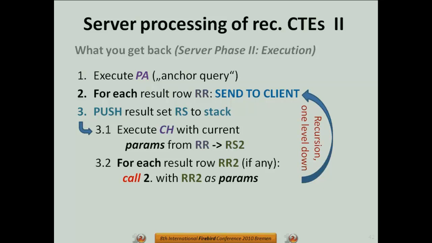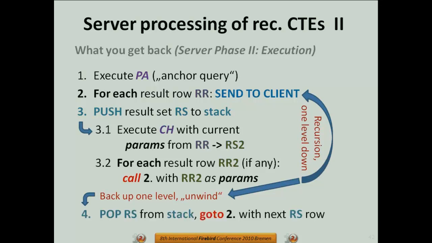It re-executes the child select, but now with our current child ID as the new parent ID, because we're one level down. And then it just recurses until it hits the bottom of the tree where there are no more children left, because then you have this result set empty, so it will skip this. So once we hit the bottom, we go back up one level. So this is actually the unwinding of the recursion,